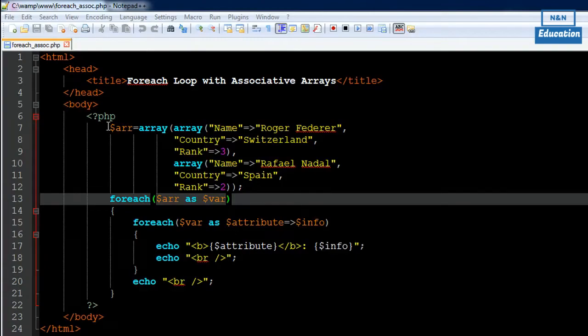So I have created an array on line number 7 in the file. I've given the name ARR to the variable, and I've used the array function, and this one actually has two associative arrays. So the first array has the fields name, country, and rank, and it's for Roger Federer. So the name key takes the value Roger Federer, the country key takes the value Switzerland, and the rank key takes the value 3. And we've already discussed how to create associative arrays, so I'm not going to discuss the